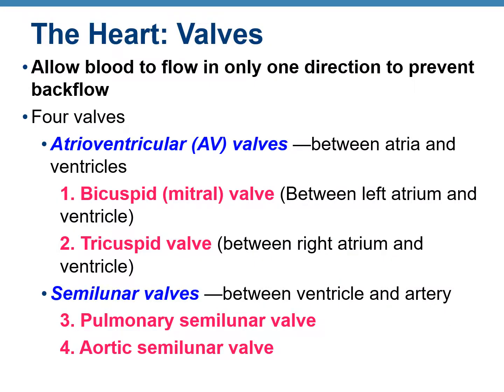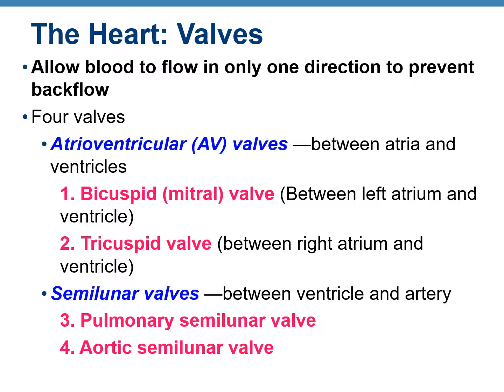So the windows about which I was just talking in the atrioventricular septum, these are known as valves. And the valves allow blood to flow in only one direction. So the main function is to prevent backflow. The windows between the right atrium and the right ventricle, there are 3 panels in that window, and that is known as a tricuspid valve. So this valve is present between the right atrium and the right ventricle. The window present between the left atrium and the left ventricle, it is known as a bicuspid or mitral valve because this window has 2 panels.